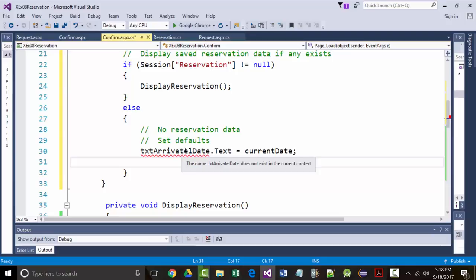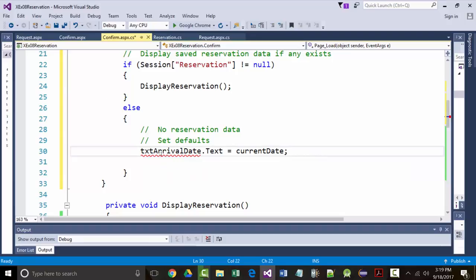What doesn't it like here? Arrival date. Maybe that looks better. TXT arrival date. Pardon me? It's a label, not a text box. Ah, ALBL. Thank you. All right. The other thing is